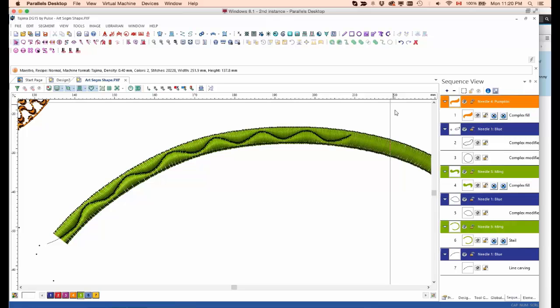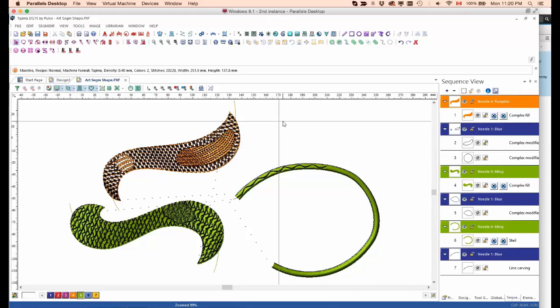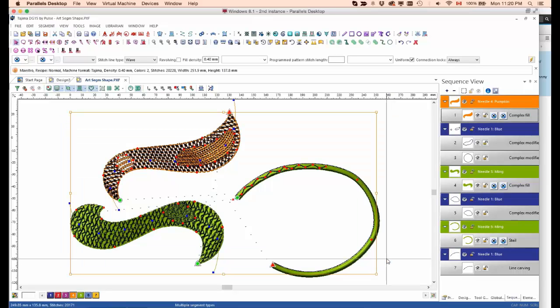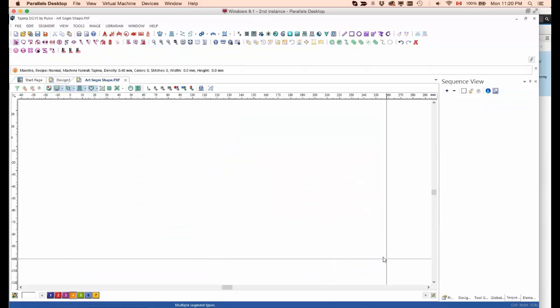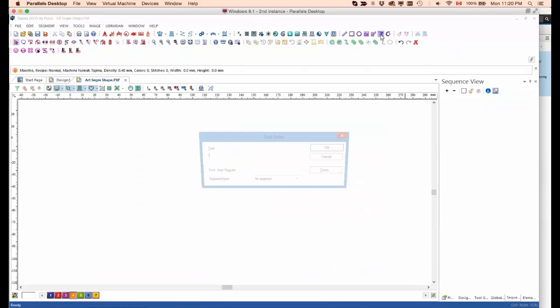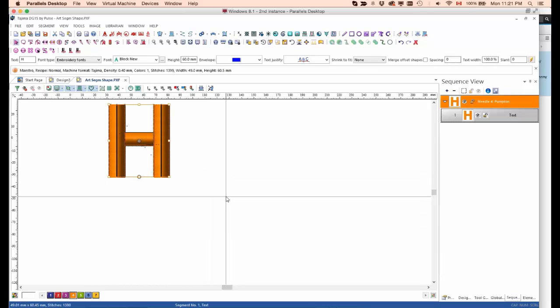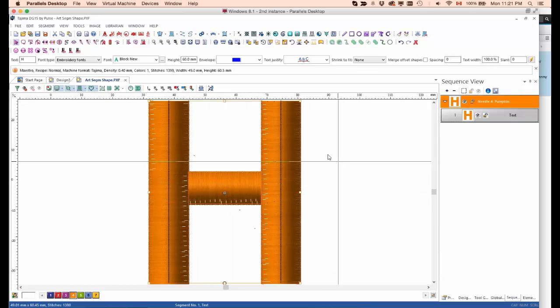Okay. So the automatic gap is one of my favorites because it's really a very intelligent kind of setting that you have available. Let me delete this here. In order to show that, let me create a, let's do it with a text tool. Typically letter H, and let's use block new. It should be fine. Choose a rather large size. Let's say maybe 60 millimeters. Press. Okay, so make it a little bit smaller,